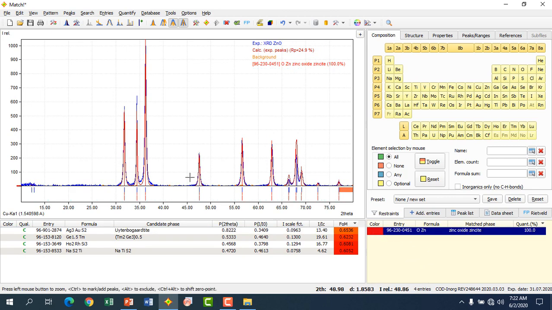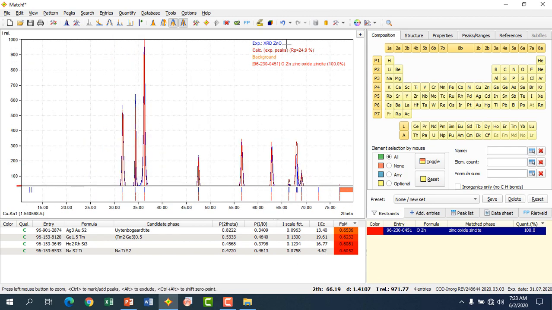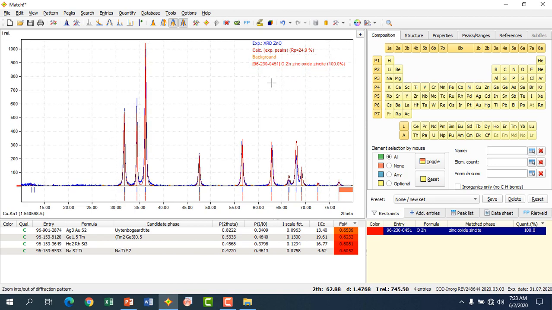So I select this one. See, now our recorded data matched with the standard JCPDS data. Here the details are there: experimental XRD data, background, and standard JCPDS data. This is the XRD data file number. After this matching, you can get all the details of your recorded data matched with the standard